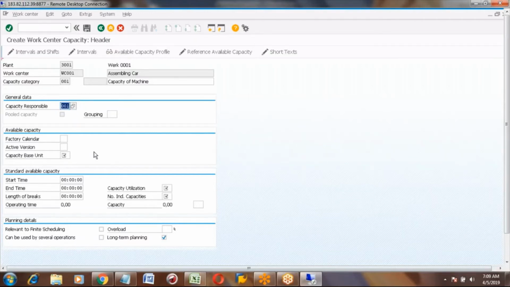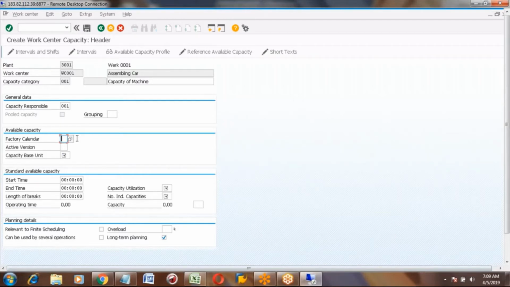Now there is the factory calendar. Factory calendar means we maintain a calendar in the plant. The calendar shows what the working days and holidays are. For example, your plant is running 7 days a week, but this work center is running only 5 days a week.